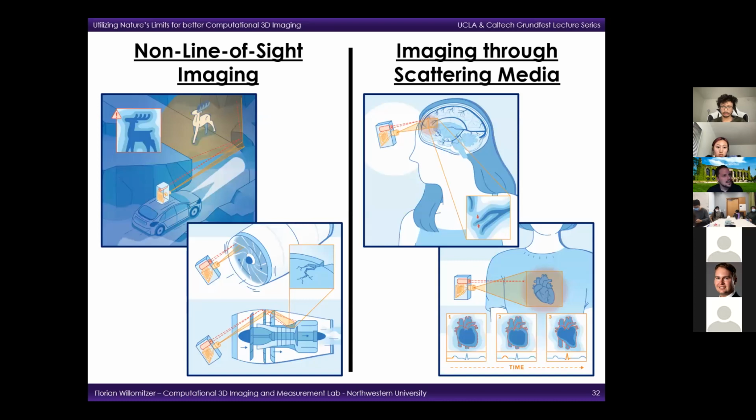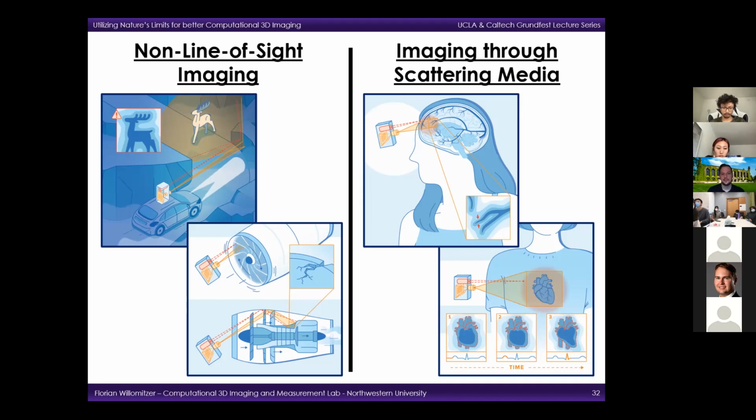So this slide here is a kind of teaser slide that should show you the future potential of the research field of so-called non-line of sight imaging and imaging through scattering media. If you had a sensor that could look around corners, you could, for example, detect obscured objects on curvy streets here, or you could build a kind of optical endoscope to detect defects in running machinery. These are only a few examples, of course, but basically what you want to do here on the left side is turn walls into mirrors.